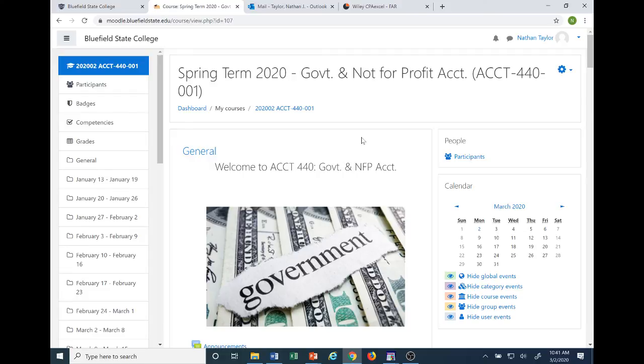So how do we receive taxes after they've been levied? It might be reversing revenue we originally counted as revenue. Now we realize it's not going to be available, so we have to make it a deferred inflow. So there will be a problem where you have some raw data and you need to decipher it and put it in journal entry form as you would expect to see it.